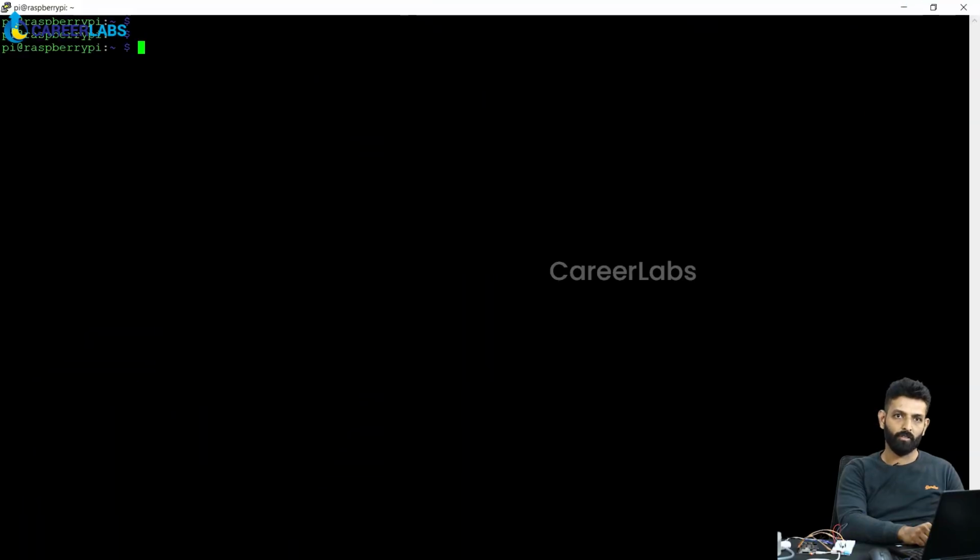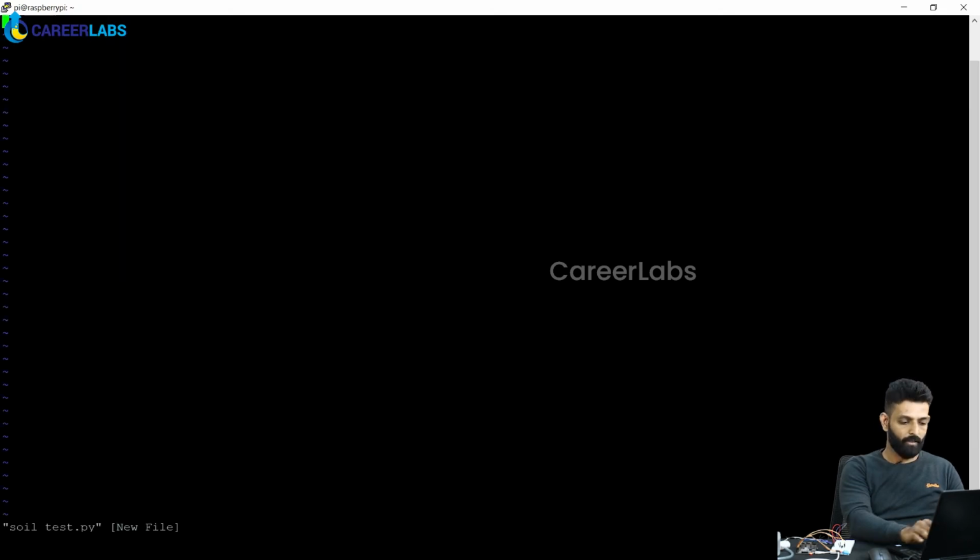Now let's test the soil moisture sensor. We'll write a small program for the soil moisture sensor to read the values, similar to how we wrote the program for the temperature sensor and read the values. So first let's go ahead and create the file. So here I'm using the VI editor to create and edit the file. You can use any of the other editors which are available in the Raspberry Pi, like the gedit editor and other default editors which come installed with the Raspberry Pi. So in the beginning, first let's import the GPIO library of Raspberry Pi. Next, I'm importing the time module.